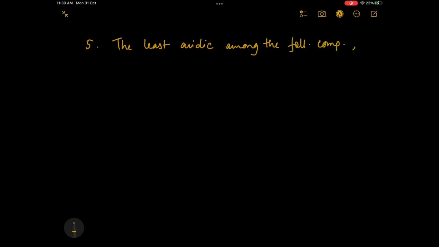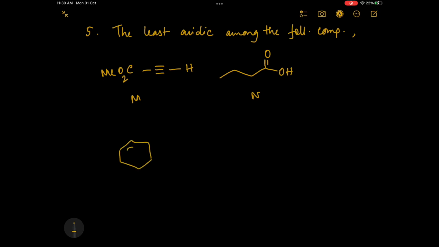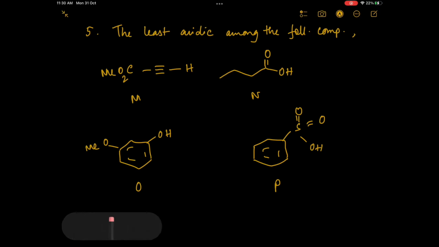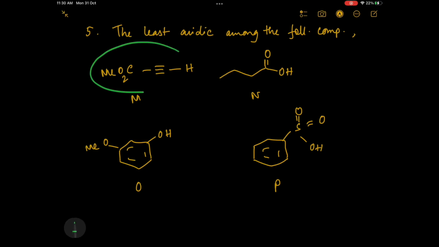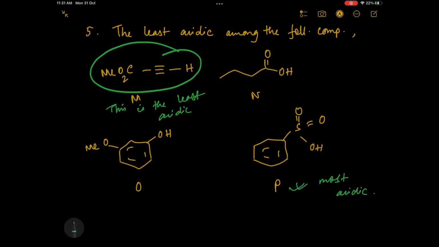So here this question has asked which one of the following compounds is the least acidic in nature. They have given us an alkyne terminal H, an alkyl carboxylic acid, a phenolic OH, and a sulfonic acid, SO3H. In this case, as we can understand, the alkyne terminal H is actually the least acidic, and the sulfonic acid group happens to be the